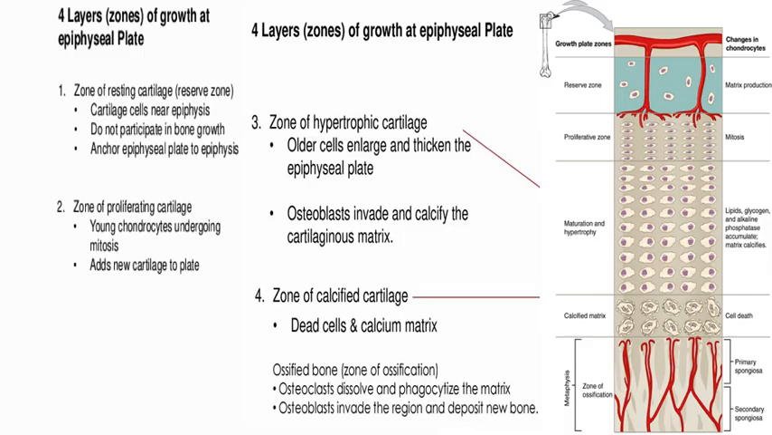Okay, so here is also talking about the physes that are found in the epiphyseal plate. Remember, the most cranial of all is the resting phase. And then the second phase, you have the proliferating phase. The third is the hypertrophy phase. And the fourth is the calcified cartilage, or that area where you have the